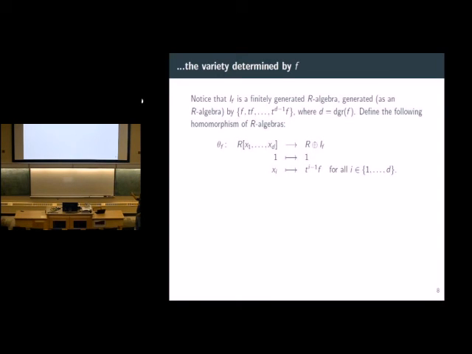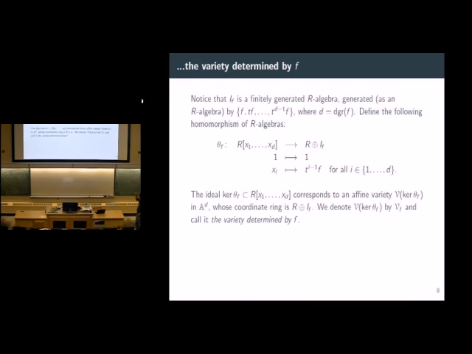Then define this homomorphism here and compute the kernel. So the kernel is going to correspond to a certain finite subvariety of A to the d, where d is the degree of f,